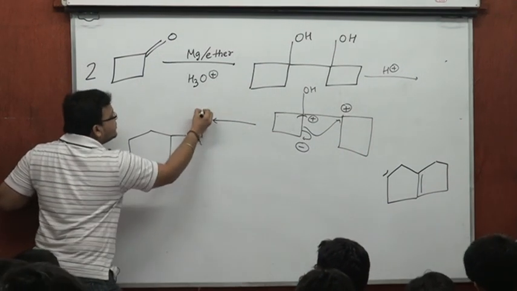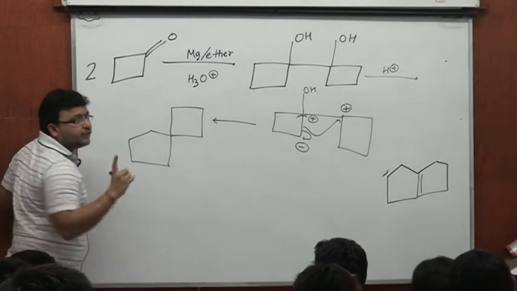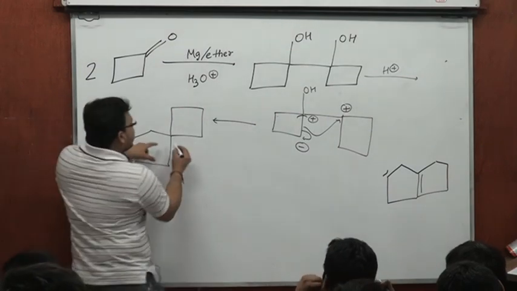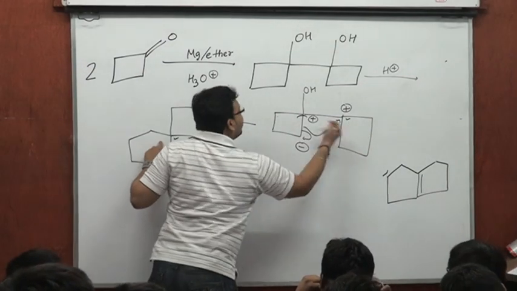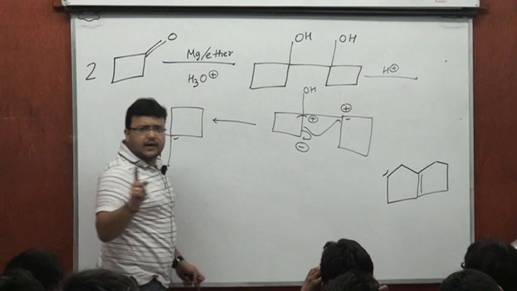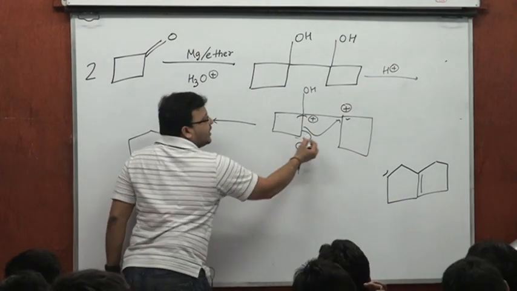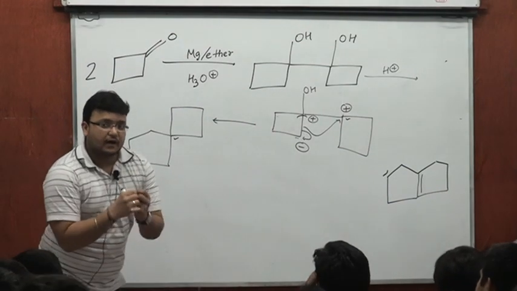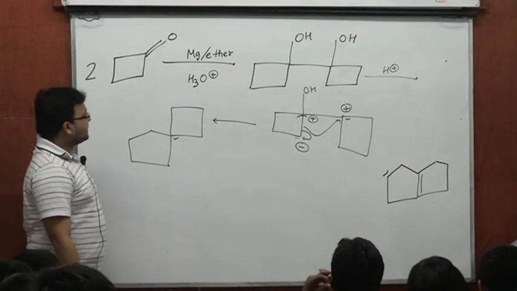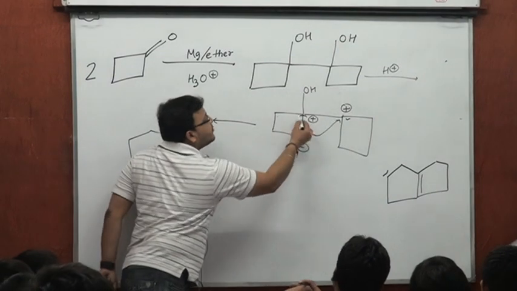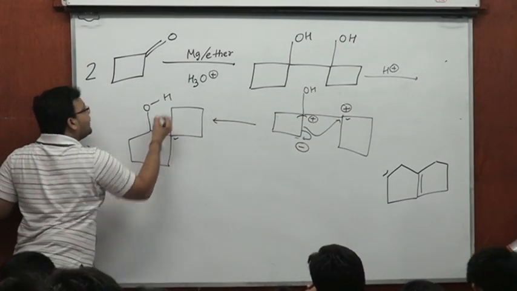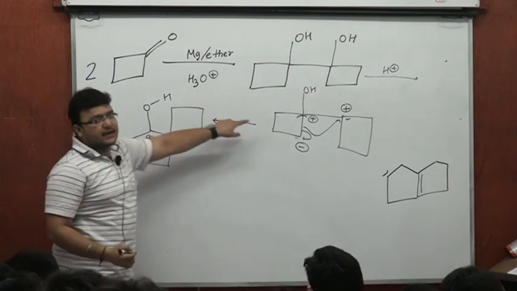What do you call such compounds? Spiro. Yes, you call such compounds spiro. And if this is the carbon on which the two rings are, because all of you are understanding, it's becoming a 1, 2, 3, 4, 5 membered ring. This is the carbon on which the two rings are joined. Then the next one would be bearing OH with a positive charge. So this would be the one bearing OH with a positive charge. So this would affect a ring expansion.